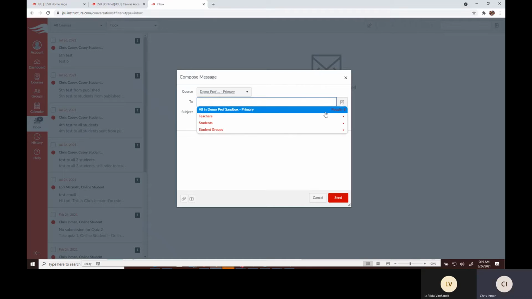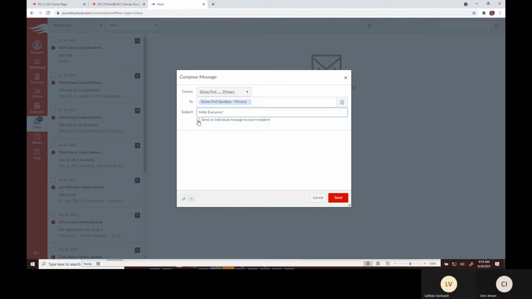And then you just pick out who you want. Now it's important here, this little check here. If you check this, that means you are sending the email to everyone, but it's as though you're starting an individual conversation with each person. Okay. If you don't select that,